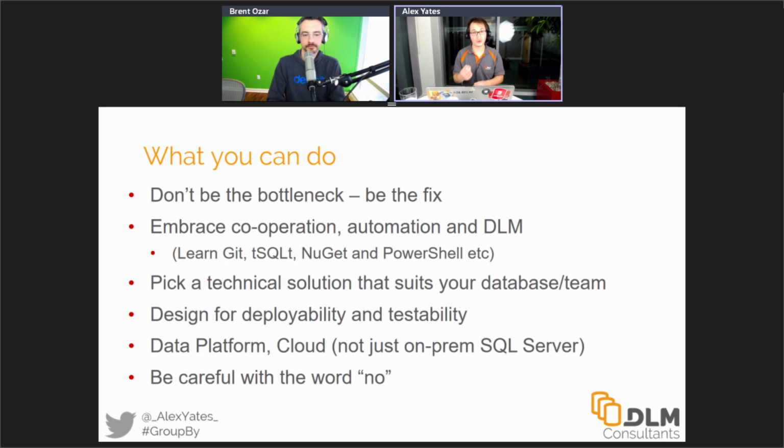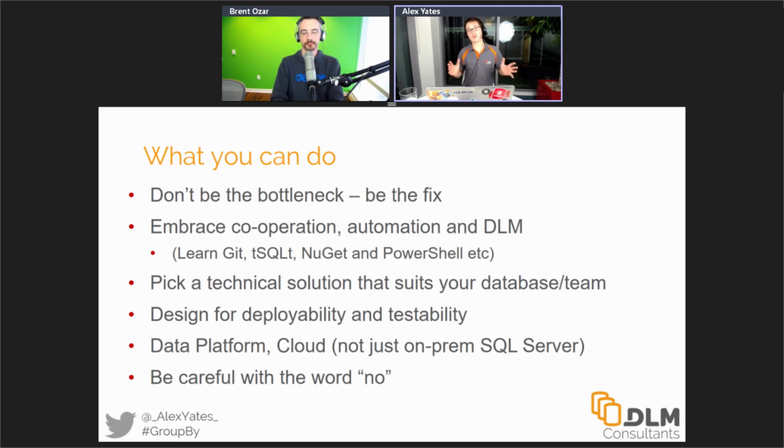Do design for deployability and testability. For too long, we've focused on security, we've focused on scalability and performance. But we also need to think about testability and deployability. When we're thinking about how we're going to design or architect our databases, we have to consider those. I'm not saying they will always win. I'm not saying that you need to do that at the expense of one of the other three things that you already think about. Of course not, but it's a balancing act. We need to consider them in all of our design and planning. We need to be thinking about that.